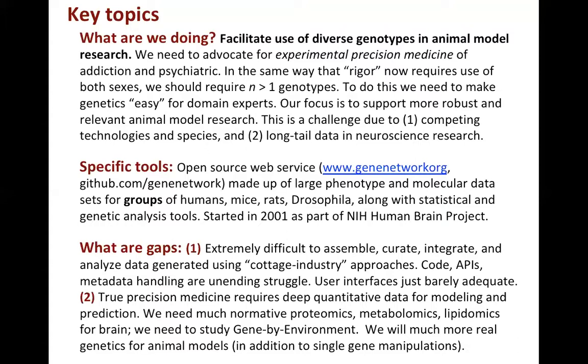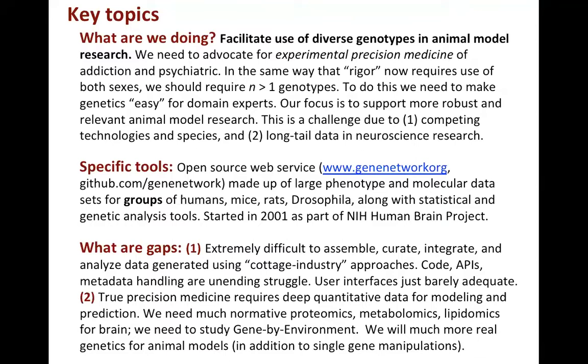Genomics data in general is not long tail data because it's usually well captured in anything from a FASTQ file to a GEO submission. But there's a lot of very valuable phenotype data that we've been spending our time trying to capture. It's going into Gene Network. So Gene Network can either be thought of as a database, and it is a database, not a huge one, in the neighborhood right now of about 50 gigabytes.